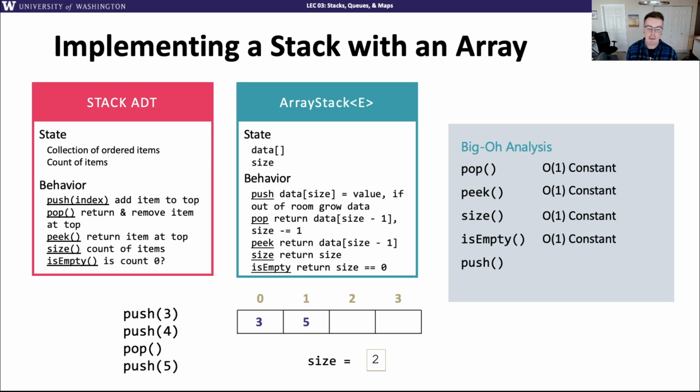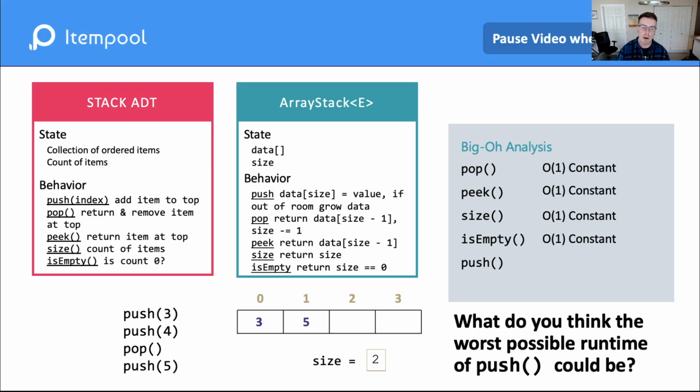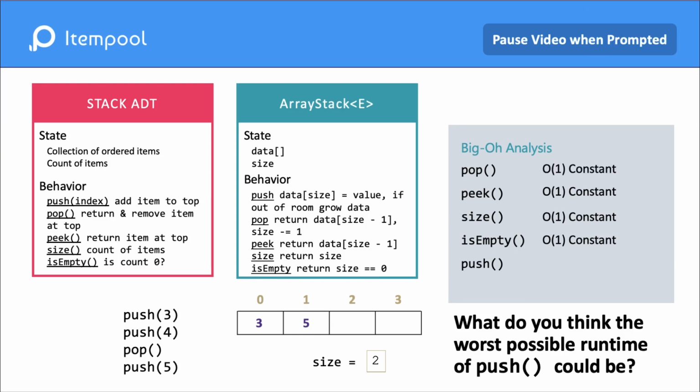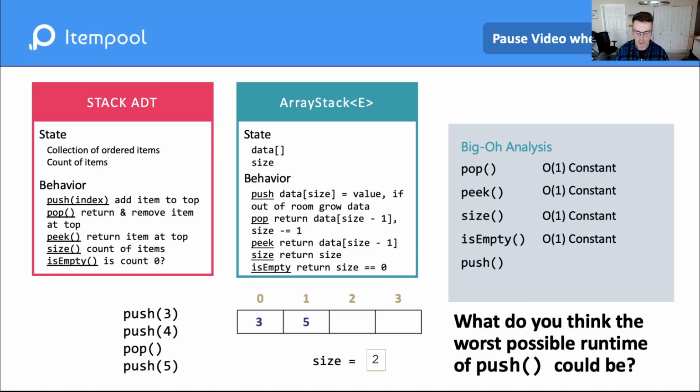And just like last time, I want you to pause and think about what will happen with push. What do you think the worst possible runtime of push could be? Okay, so now that you had some time to think about that, this one's a little bit trickier. This one's much more common to have a decisive split between constant work and linear work. And in some sense, both of those answers